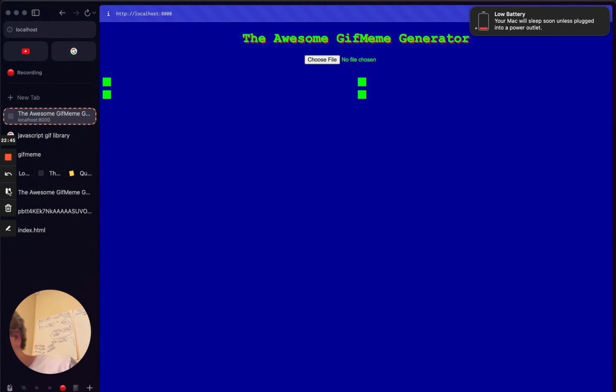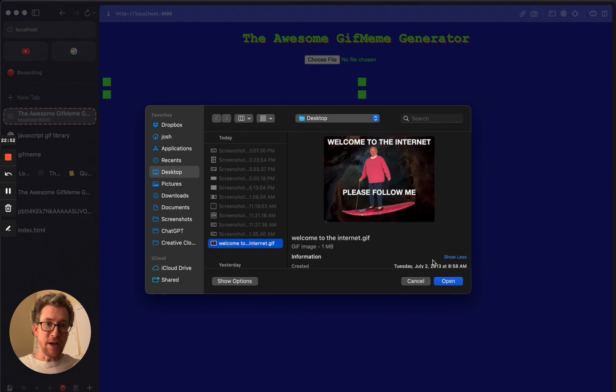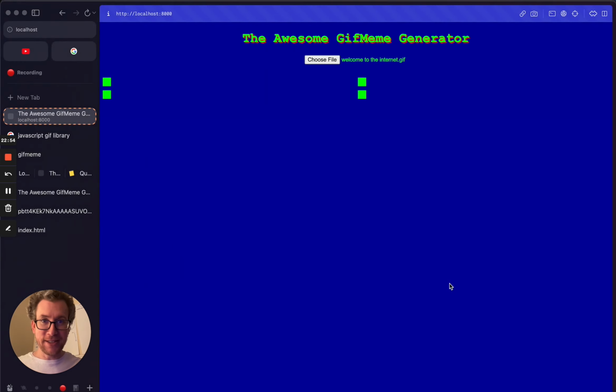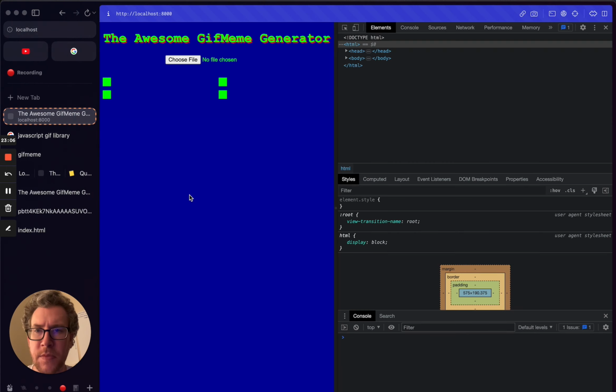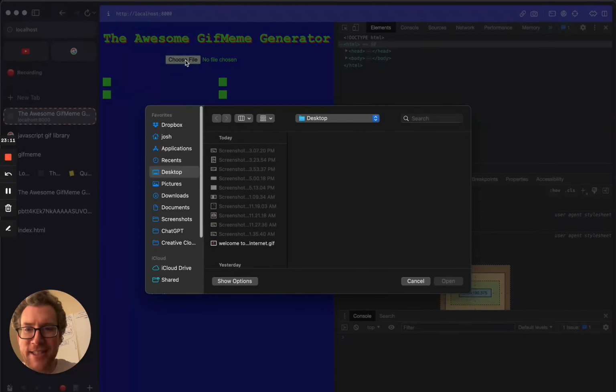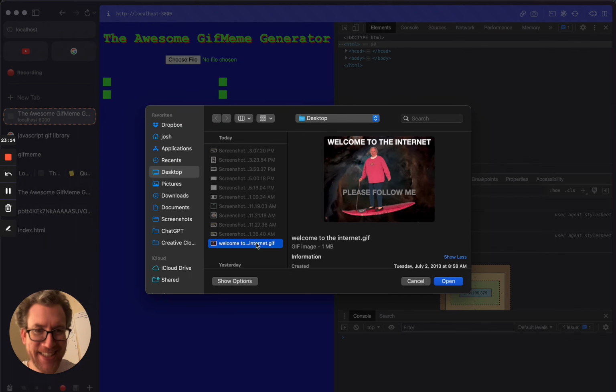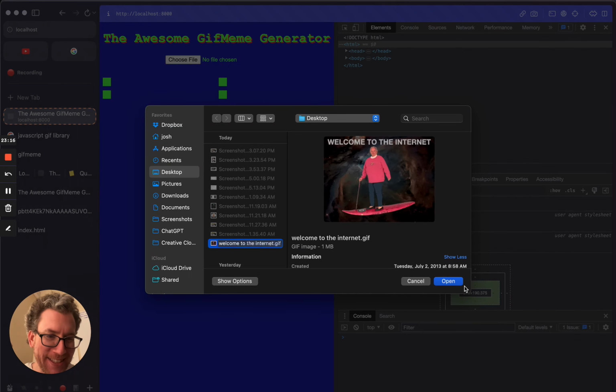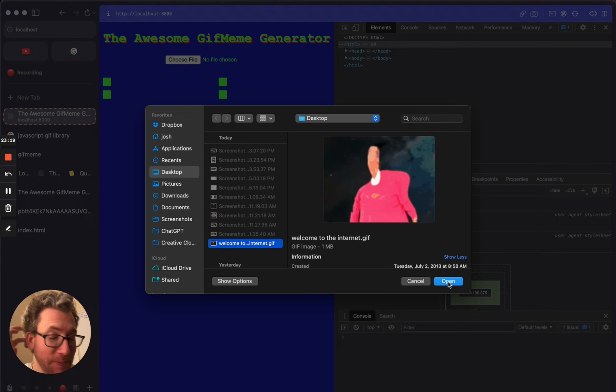Oh, my Mac's about to die, so plugged in the last second. The charger shuffle. All right, cross your fingers. Why do I do this? Okay, this is gonna get boring, so I'm gonna pause it for a second and see if I can figure this out. All right, I cheated a bit and put it in the main directory. And so now we're going to test it. Please work. I don't know. I don't even know what I'm praying to right now.